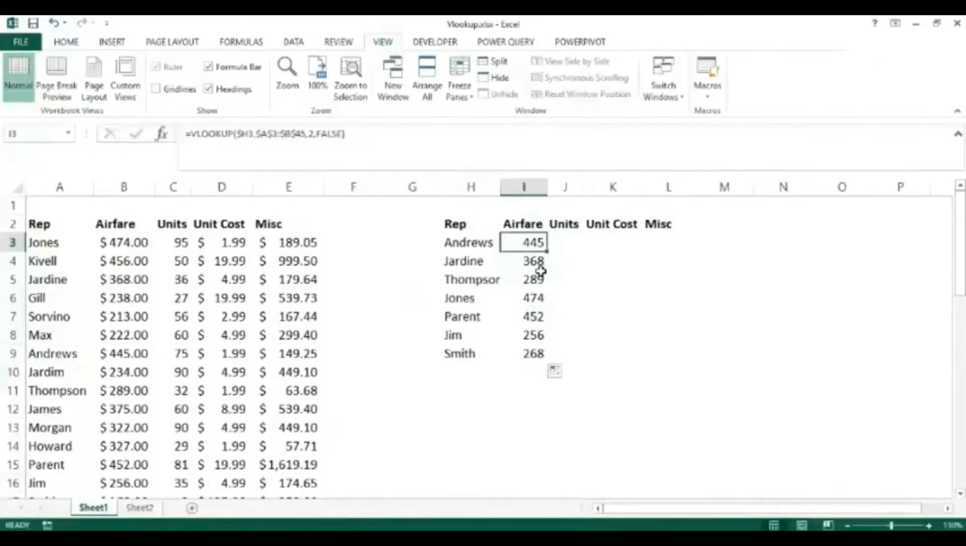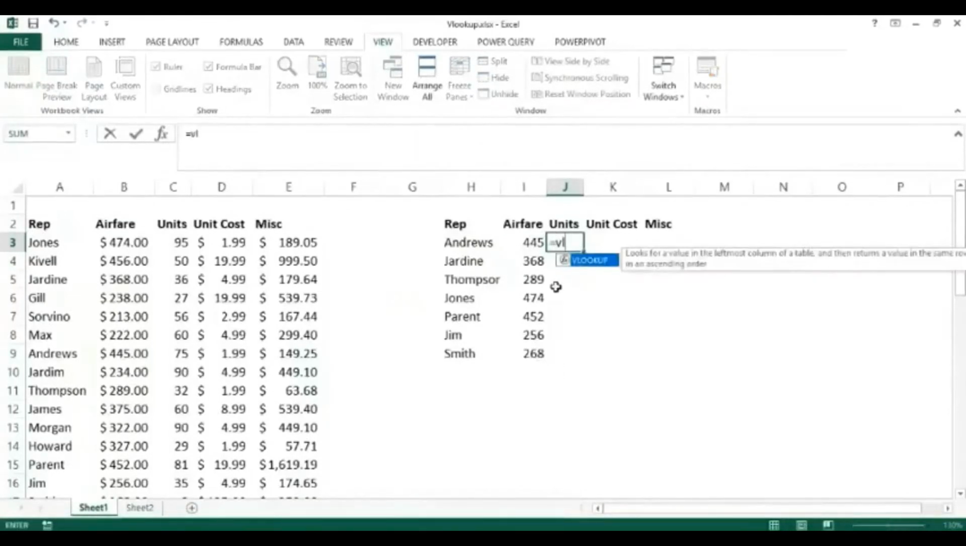Now, we know how to do it on a list, and at the moment we were only concerning ourselves with two columns, representative and airfare. Now let us look into the case if we want to go for more than one column. We want to return more than one column. Now what people normally would do is they will just go to the other column, write the VLOOKUP formula once again,